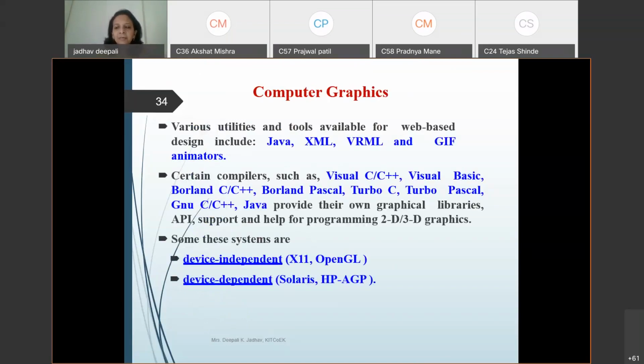With that, we require some higher level languages such as Java, XML, VRML, GIF animators, C++, Visual Basic, Borland Pascal, Turbo C, Turbo Pascal. These compilers are also required for programming 2D and 3D graphics. Some of these are device independent, some are device dependent. OpenGL and X11 are device independent, but Solaris and HPGL are device dependent.